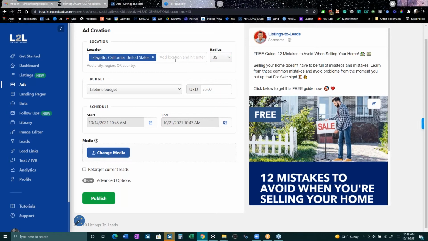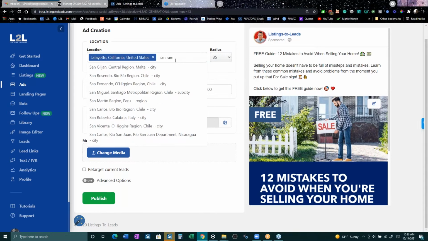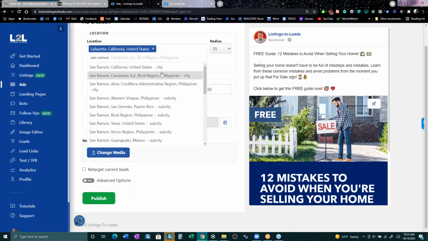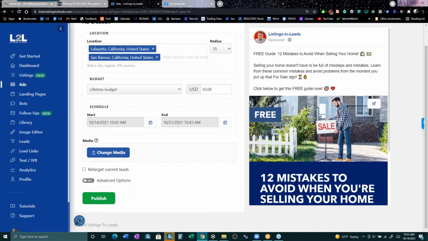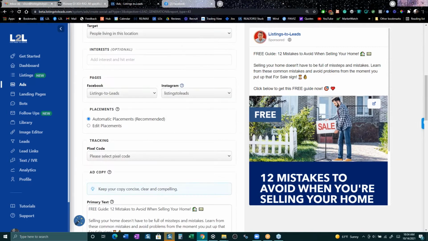There's another town in my county that's called San Ramon. And if I have 35 miles of Lafayette and 35 miles of San Ramon, I'm good. That's gonna cover my whole county. So you could do that because this is not really talking about a particular town like my home just sold in Lafayette, right? I want to remind you that when you click advanced options, because this is looking for sellers,